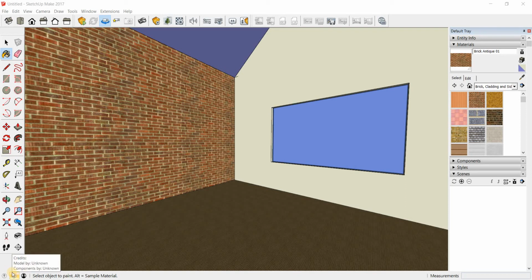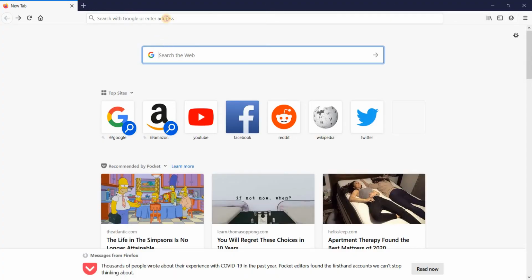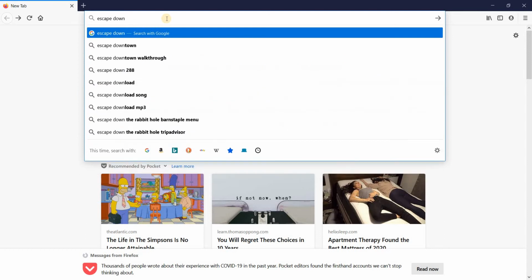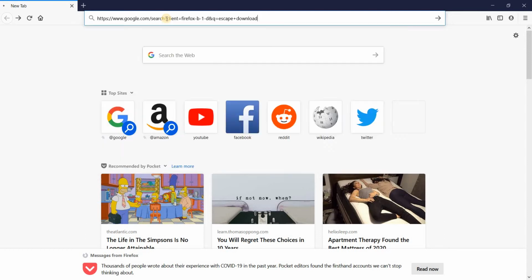The next couple of videos, let's take a look at Enscape and how we can use Enscape. First, let's take a look at how to install Enscape and get a license for it. So the first thing that you need to do is go to Enscape, just search for Enscape download,